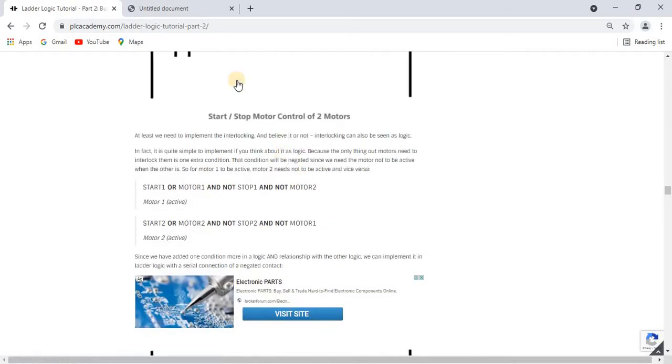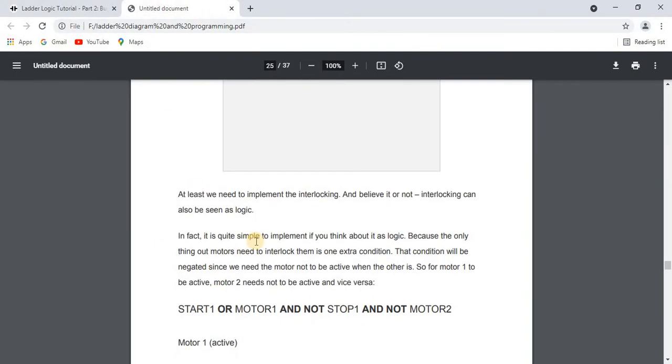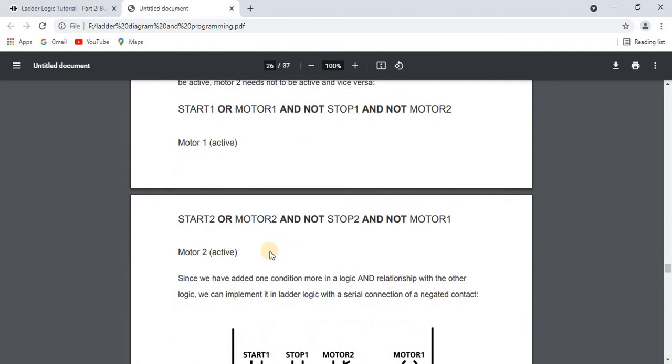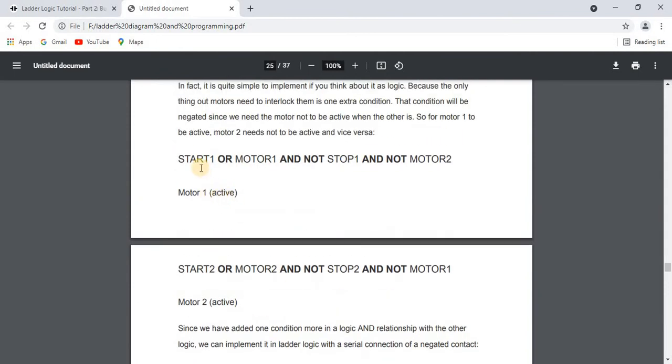So I'll use this PDF. These are the conditions. For motor 1, they have given: start 1 or motor 1, and not stop 1, and not motor 2. So motor 1 will be active for this.